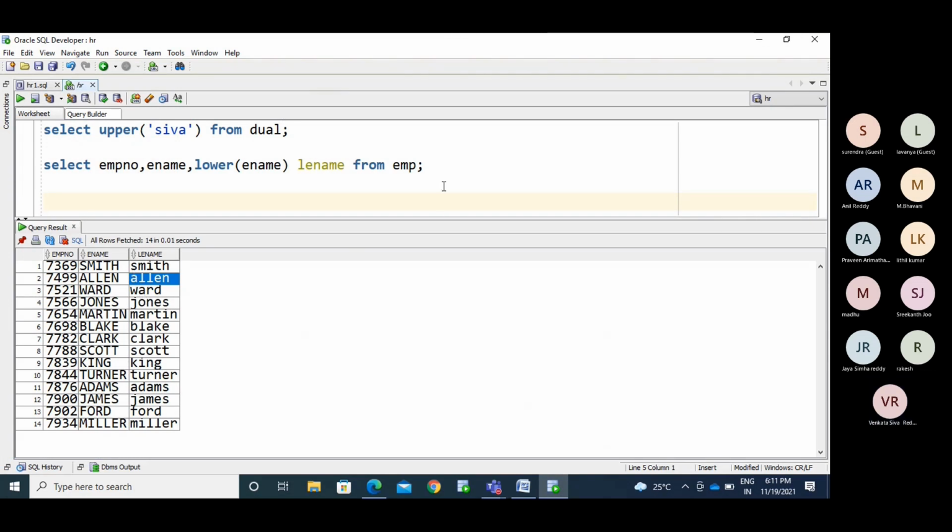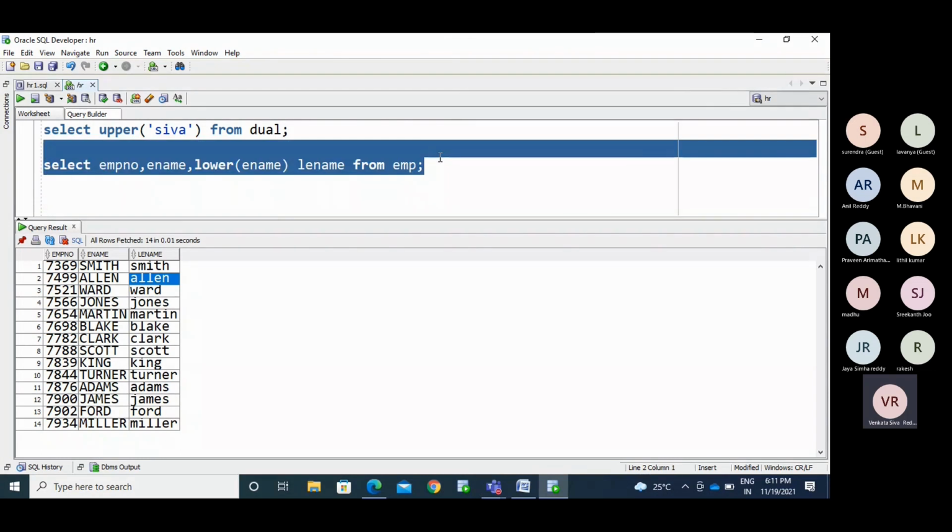So this is about the single row functions, and that is about the multi-row functions. If you are dealing with one record, that function displays one value for every row. A multi-row function means that for multiple records, it displays one output. So you will group something.